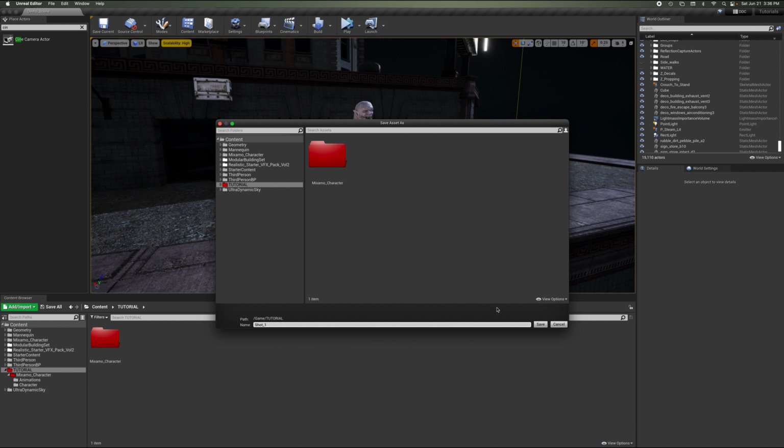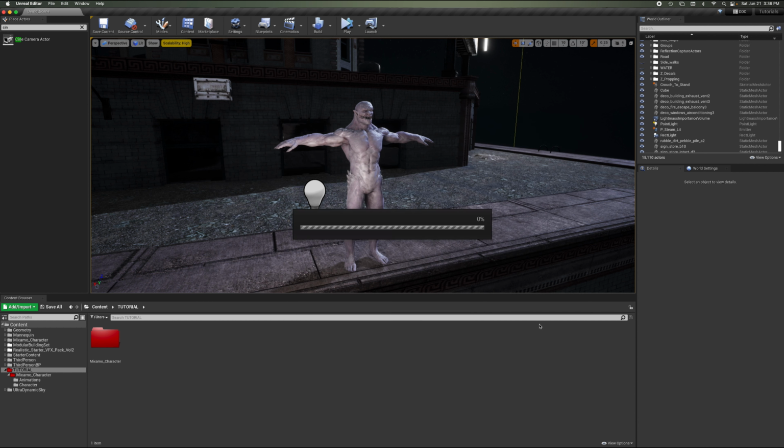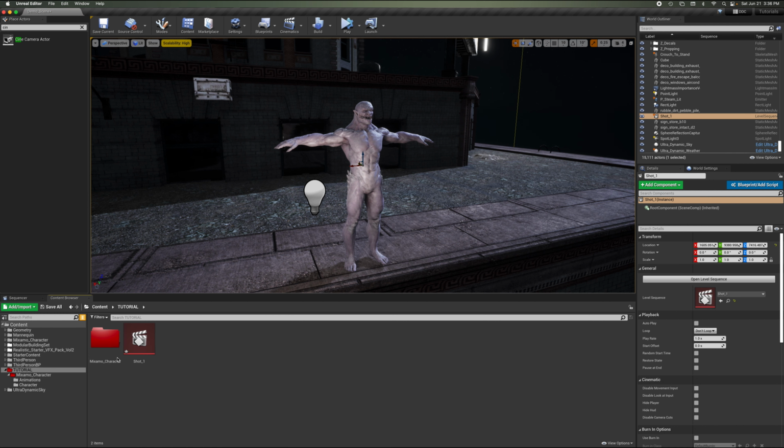Sorry, I have to reach around things to type. So that's shot one. And that will be in our tutorial. There you go, shot one. So I'll